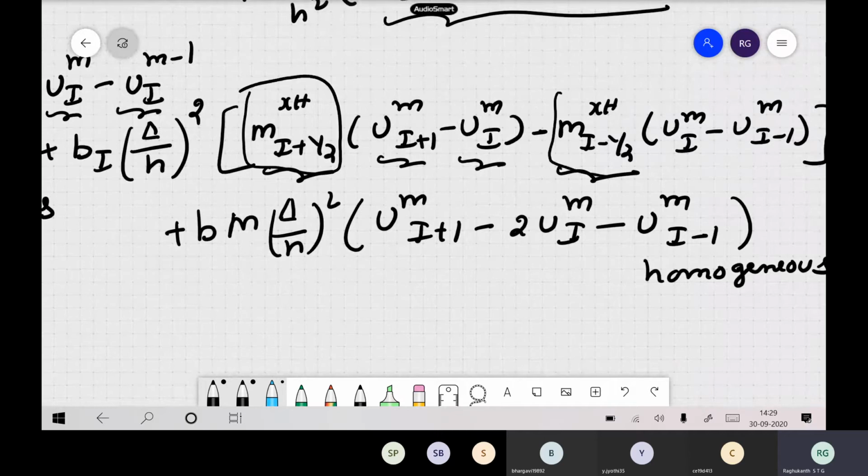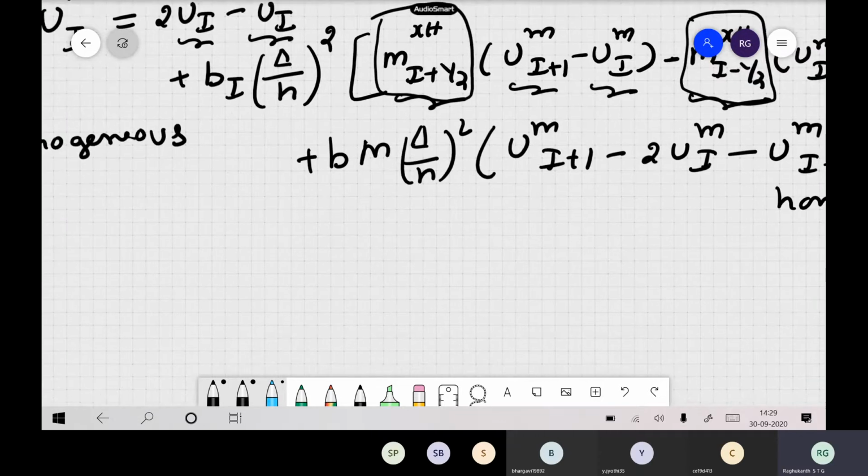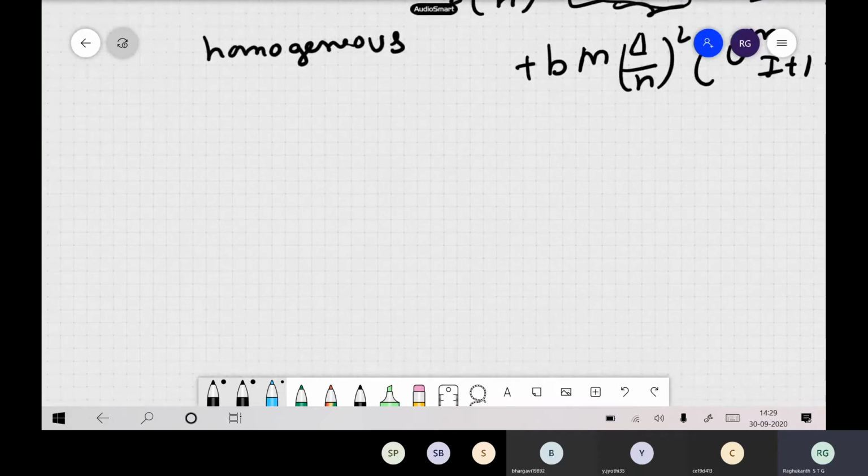Okay, so when material properties are varying, this is how you represent them in our finite difference schemes. When material properties are changing, the scheme remains the same, but instead of differentiating these material properties, which is a complex kind of thing, we represent them in terms of this harmonic average. So this is the most important thing, how we represent material properties in our finite difference approach. Okay, so we try to avoid the derivatives, so we replace them with this type of integrals. Okay, so this is how. Fine.